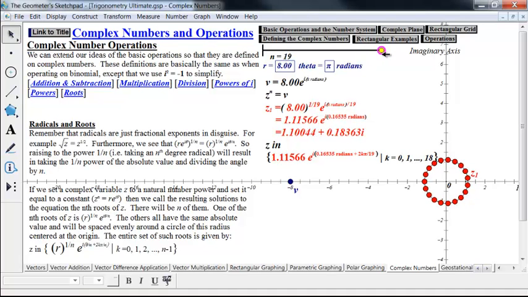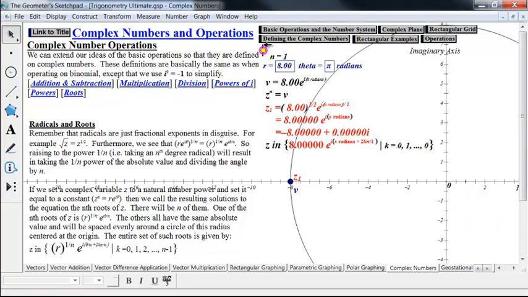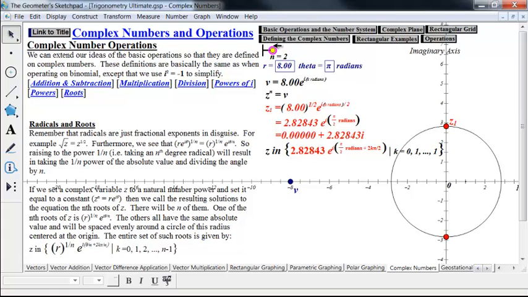And notice, the bigger you let n be, the more roots you have. You have exactly n roots. So there are n of these red points. Of course, if you go back to 1, we get to the point there. Also notice that as we take this bigger root,